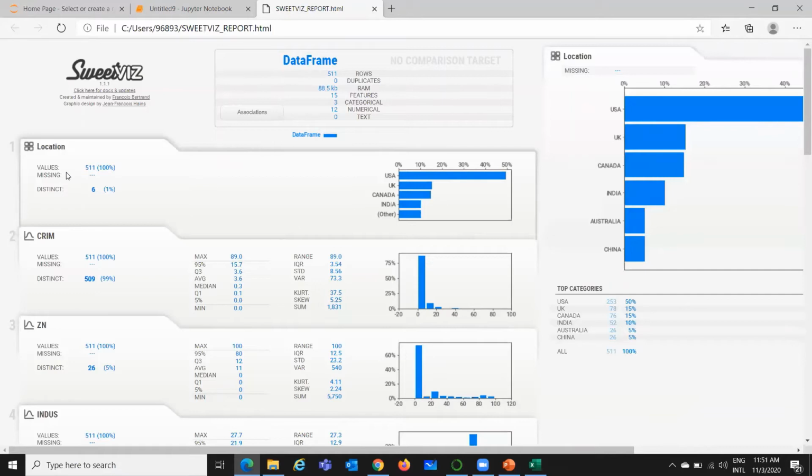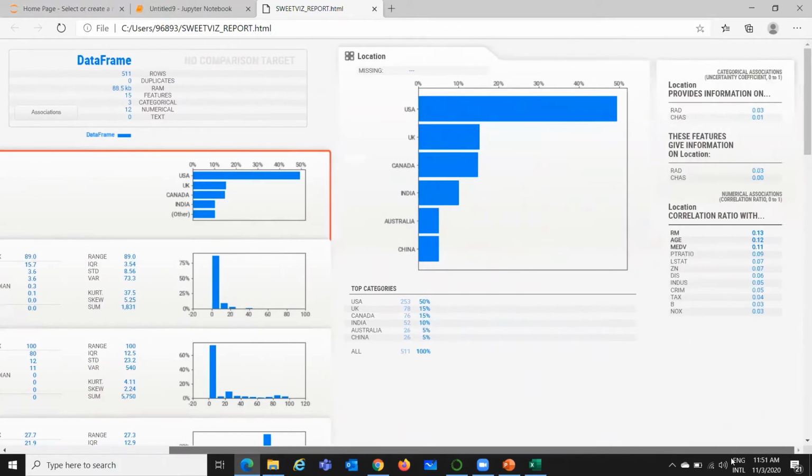Now these are the variables. So for example, location. Once you click on the location on right side, you will be seeing the complete detail about location. So this gives a bar chart. So you can see that close to 50% of data is from USA, and in between 10 to 25% of data is from UK, etc. So that is also given here as a table.